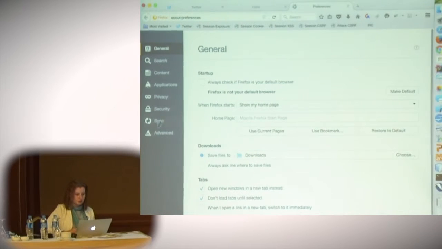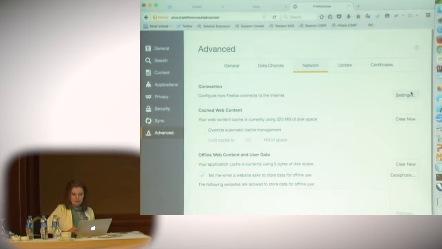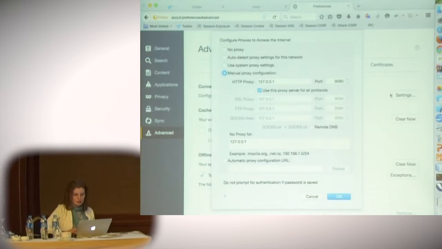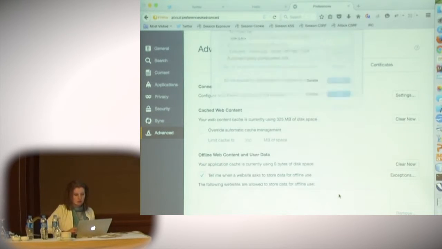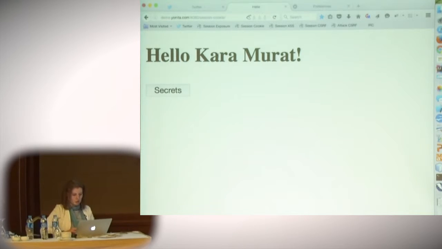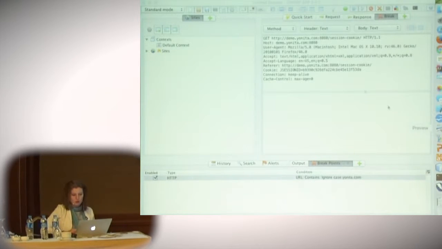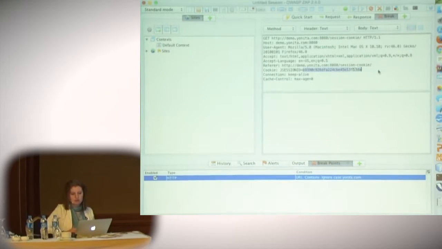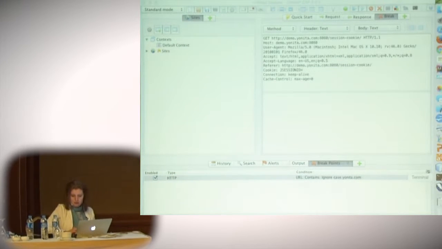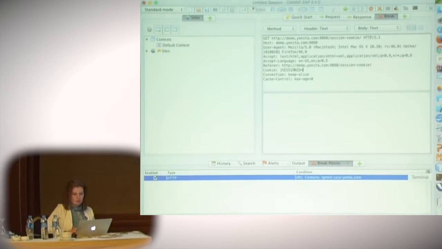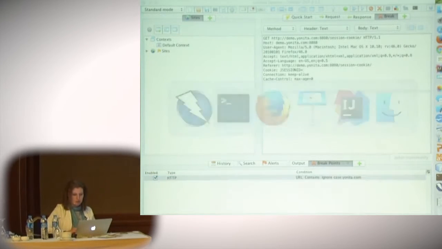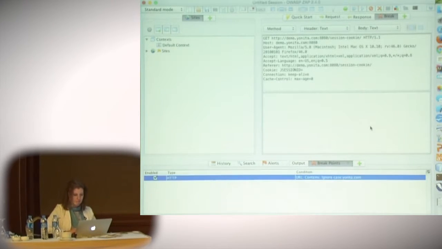Now I need to configure that in Firefox. Okay, so that's the configuration for Firefox. And I will use, okay, so now you see the HTTP request has been intercepted. Now I'm able to modify and set up new session ID. Okay, I will use one. Oops, the problem with the proxy is that